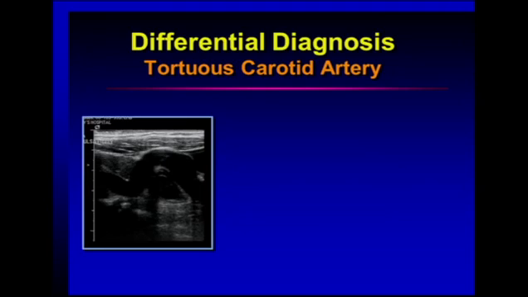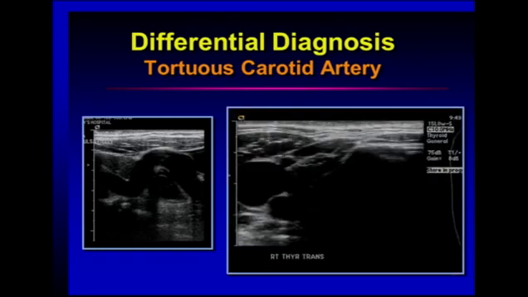One needs to exclude vascular causes of a palpable abnormality in the upper lateral neck. A tortuous carotid artery is sometimes misinterpreted as a mass in the neck. You can see in this older patient how the tortuous vessel lies within just a half centimeter of the skin